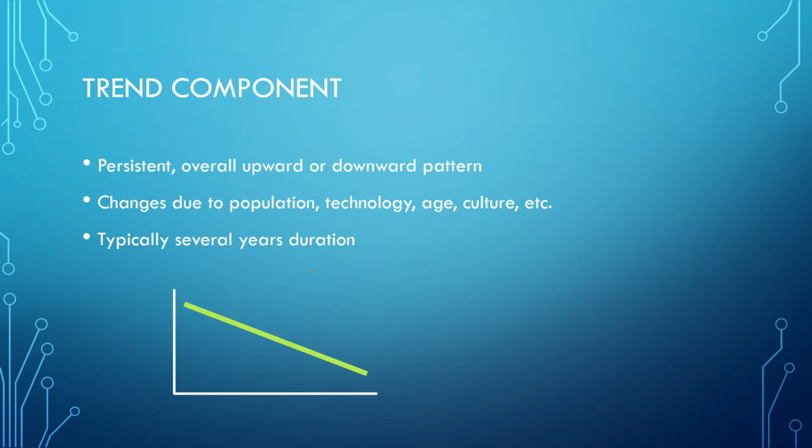The trend forecasts that collected data will follow a persistent upward or downward pattern as shown in the diagram. Over years, data will follow a certain trend that can predict future behavior of the data. For example, in some cities or urban areas, the data shows a trend of growth or increase in population.